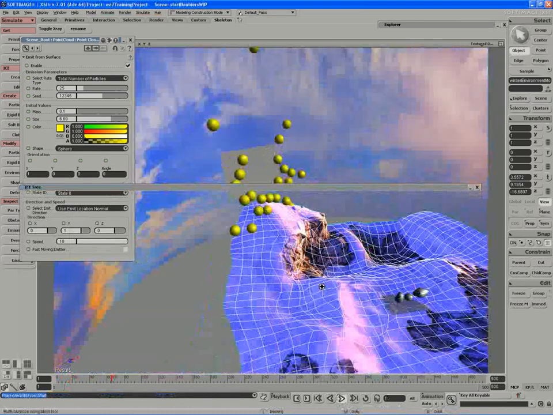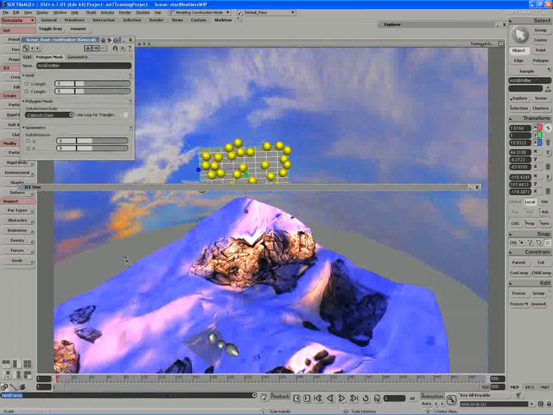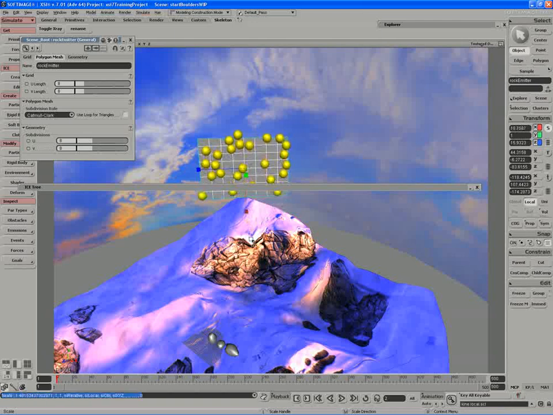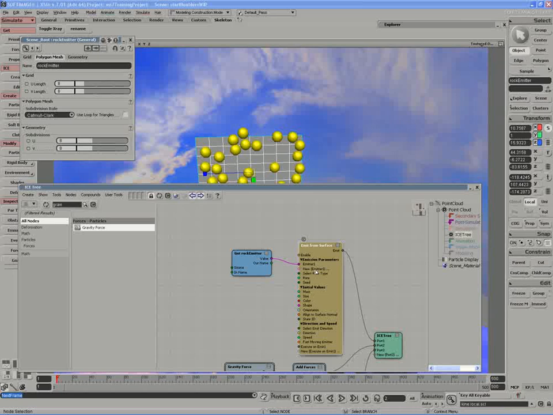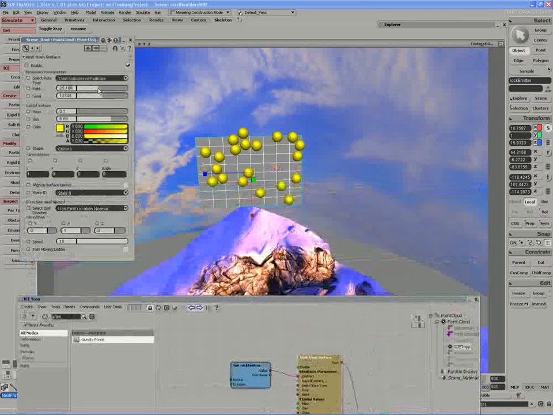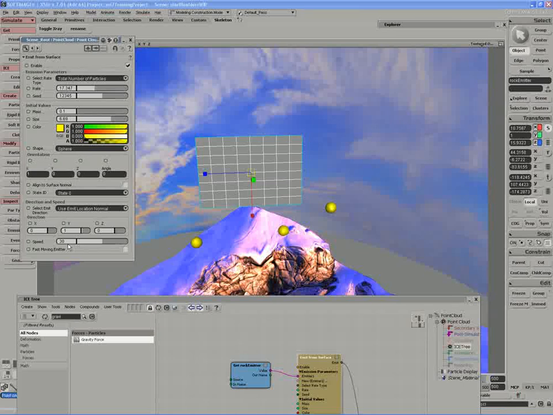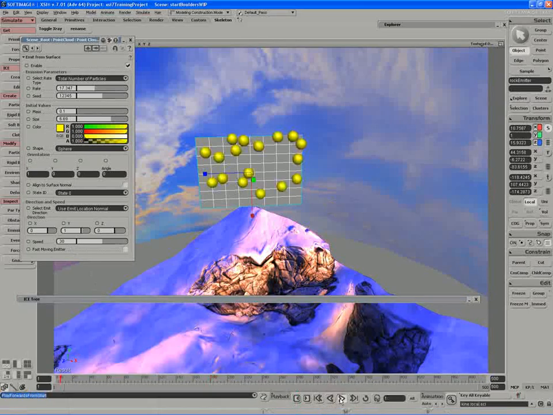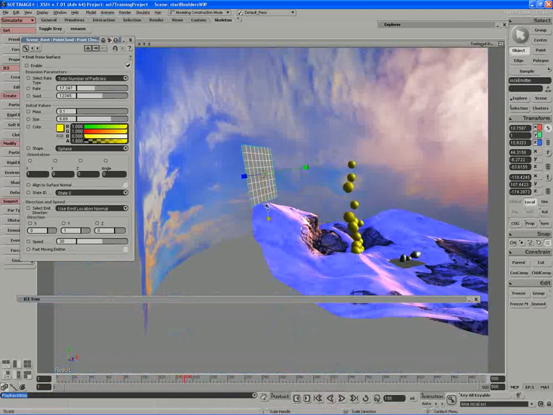So they still actually are too close for comfort. So let's go in and make our grid a little larger to account for those different size changes. I might also reduce the number of particles as well. Okay, so if I increase the speed, let's say to 30, the particles are in fact being shot out. In fact, if I move the grid back a little bit,